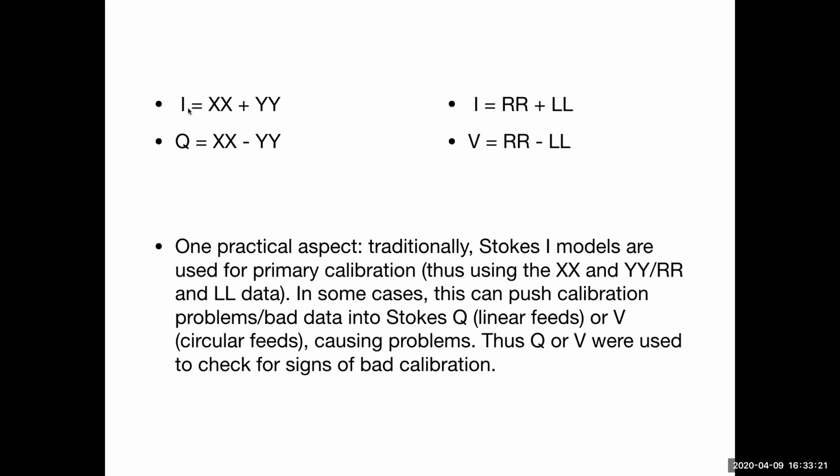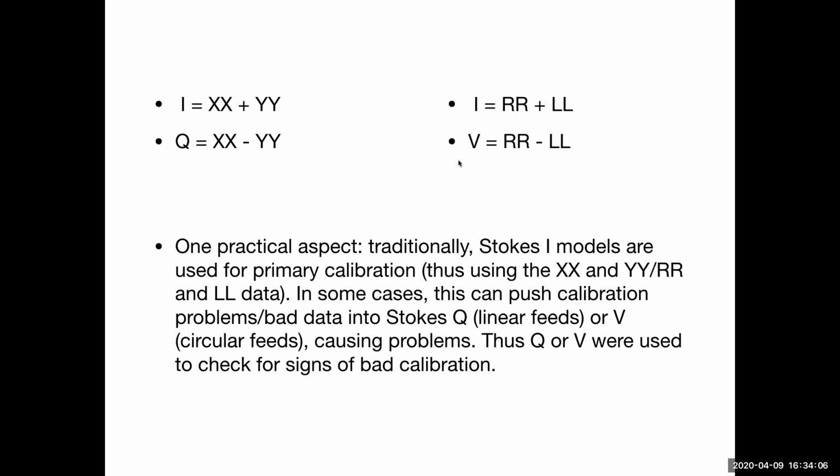So what it might not capture is if something goes wrong in calibrating X, for example, the Y calibration could counterbalance that such that the sum of X and Y looks good. It matches the Stokes-I model. But there could still be, because there's a mistake in both of them, when you then go to Stokes-Q, that problem compounds. It doesn't cancel out anymore. And so because of this, you can sometimes get calibration problems manifesting as Stokes-I looking good, and then your Stokes-Q looks like garbage. And in a circular feed, this goes to Stokes-V